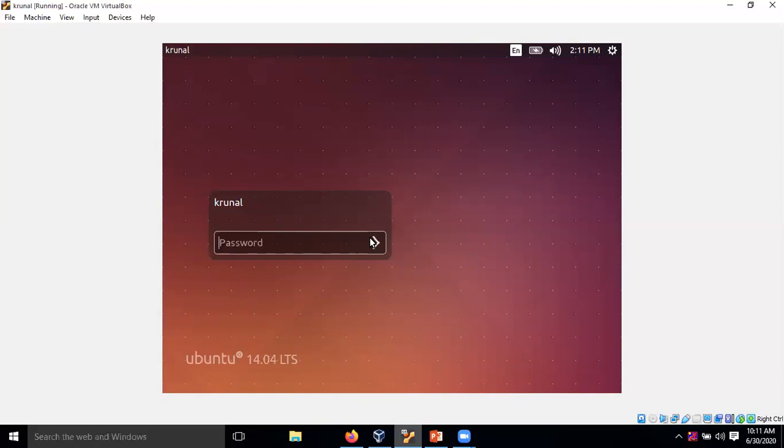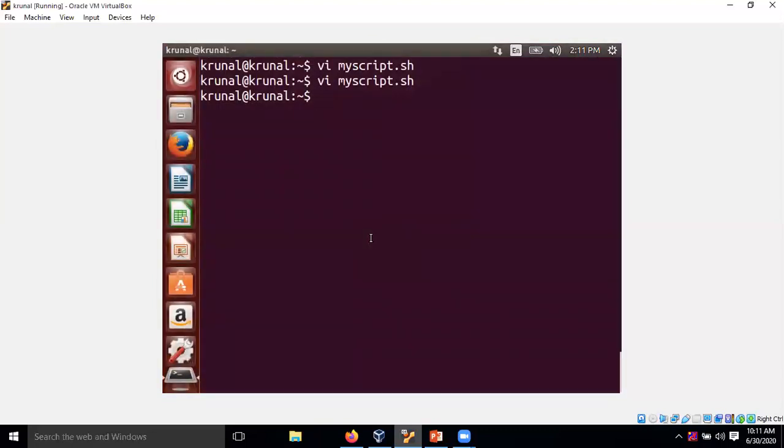Once you press I on the keyboard, you have successfully entered insert mode. Once you are in insert mode, any key will be taken as input, whatever you are using. This is very important.